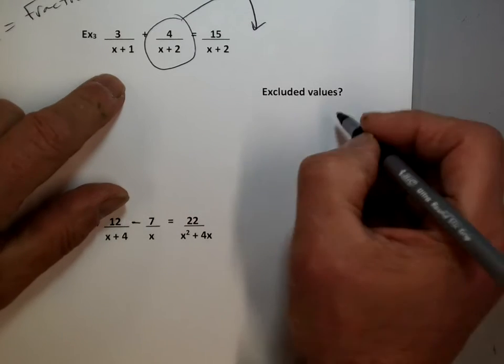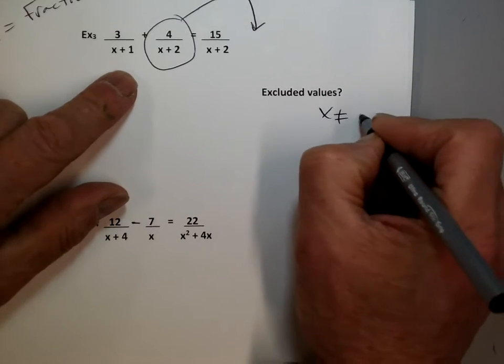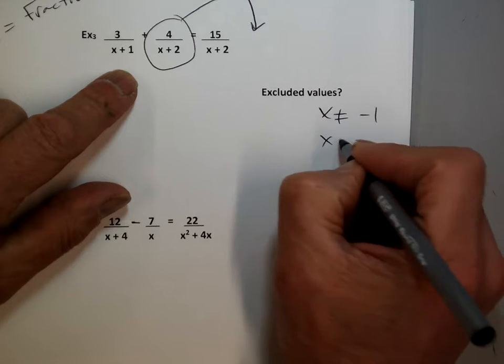Okay, so first of all, x cannot equal negative 1, and x cannot equal